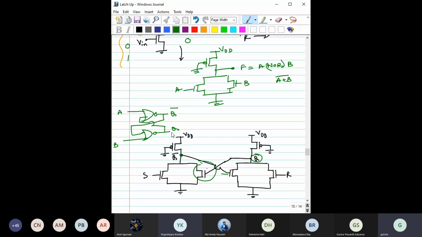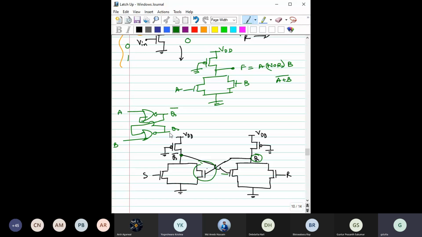Then if I ask you, can you implement an SR latch using NAND? Yes, right? In pseudo NMOS logic. If I ask you to use an enhancement load, can you do that? Same, right? If you can make an inverter, you can make any logic. When you can make any logic, you can also make